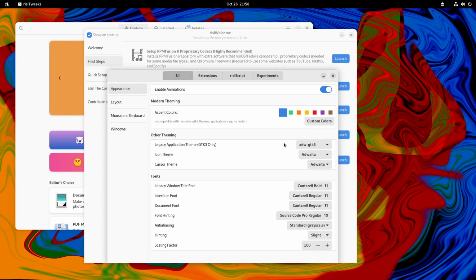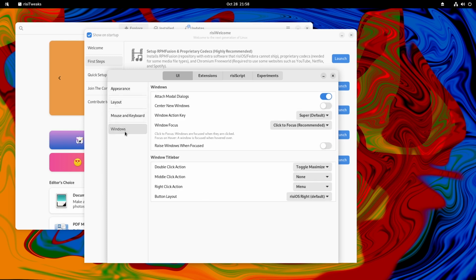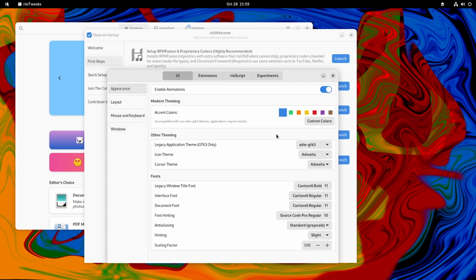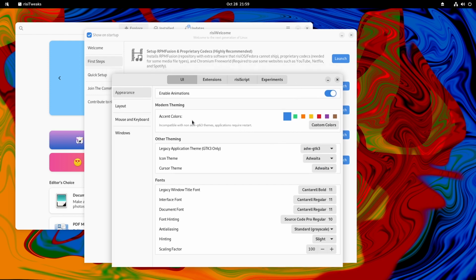Okay, the UI in here, we can change the appearance, layout, windows. Okay, and then wait, I will try to change the accent colors. Nothing happened.